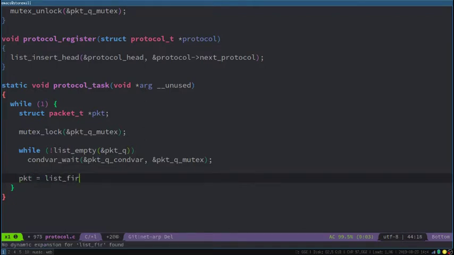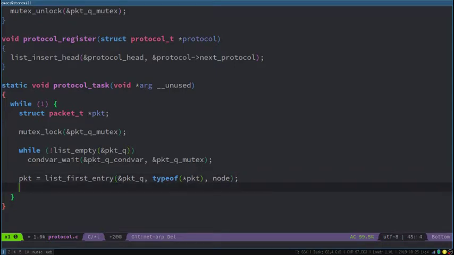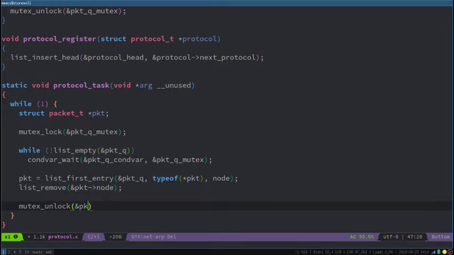list first entry on packet queue, type of packet, node. Okay. List remove, so remove it from the list. And finally mutex unlock. Okay, so essentially what we do here is we lock the mutex, we then